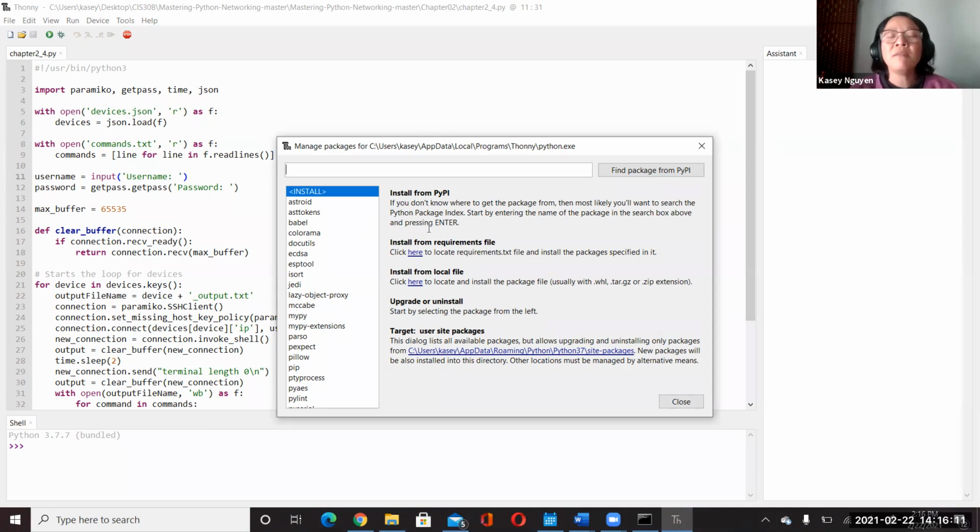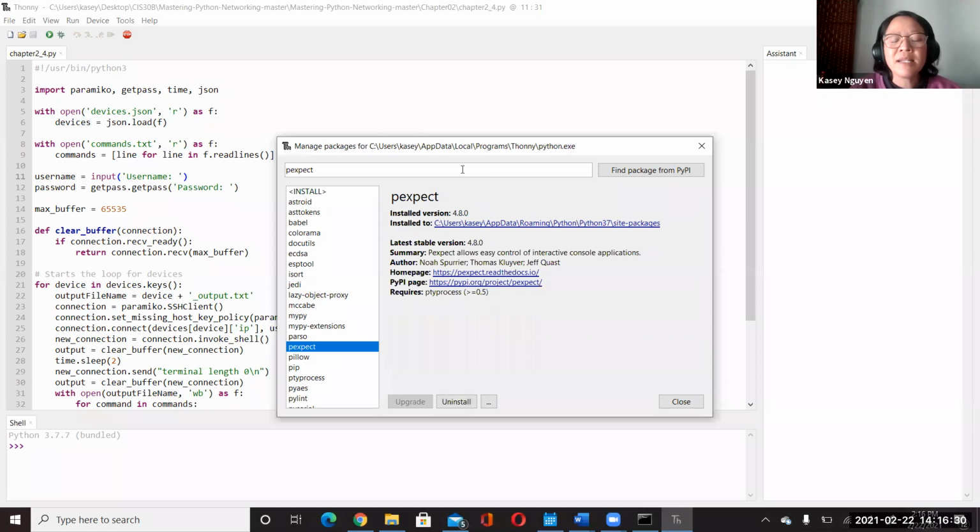They installed it, but they couldn't find it when they accessed the IDE. So even though I installed it on my system, some IDEs require you to install it within the IDE. All you have to do is search for the library itself, and as you can see, it finds it here. All you have to do is click install. I already installed it. And you can uninstall a certain library when you don't need it.